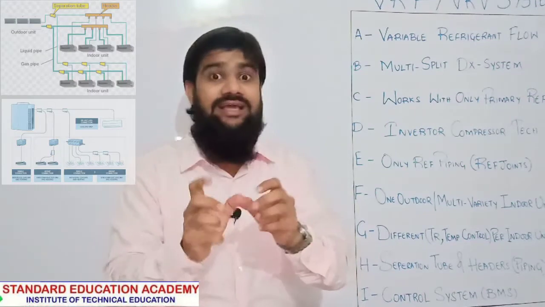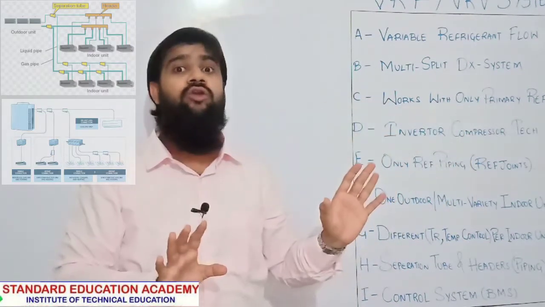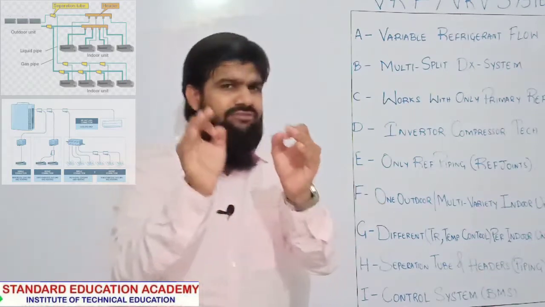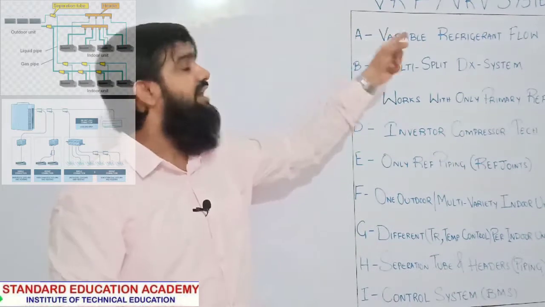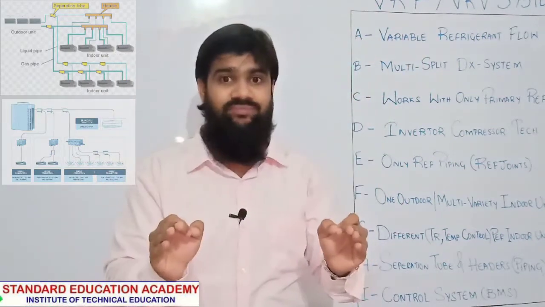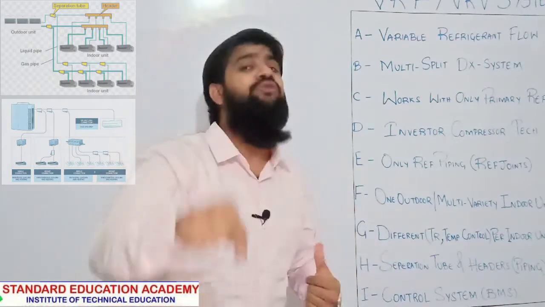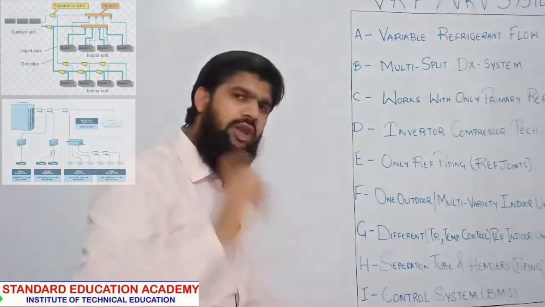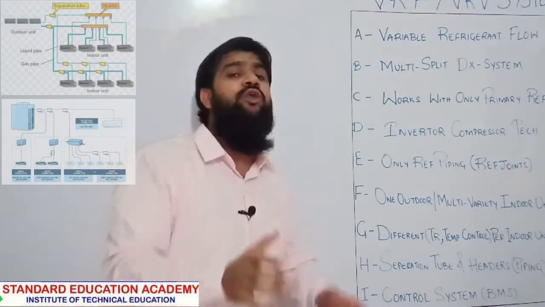And one more thing is every IDU has its individual control. I have given a complete video regarding the control systems of the VRF VRV system. I'll provide the link in our ongoing video. Go through that lecture. You will learn a lot about how the BMS, building management system, controls our